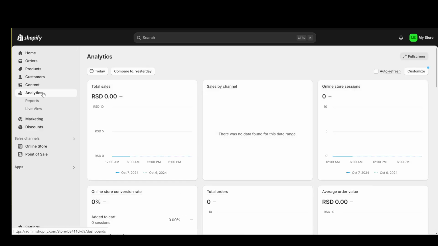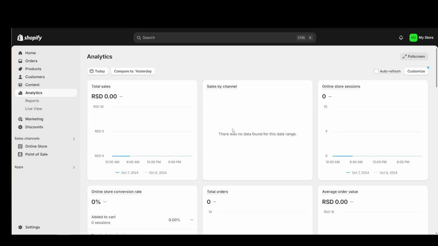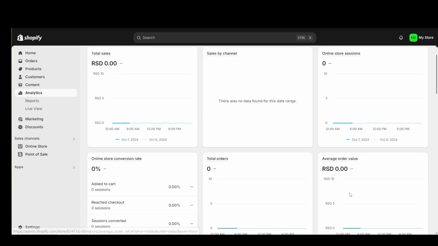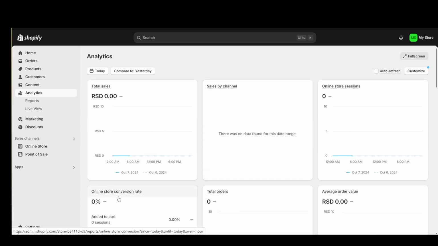Now, once you go here, as you can see, this is the main analytics page and you have a couple of different elements which you can check. As you can see, you can check your total sales. As you can see, I have 0 since I'm not selling anything and this is just a tutorial site. I also have the average order value, so you can see how much people order and what the value of that is. You have your total orders and you have your online store conversion rate,